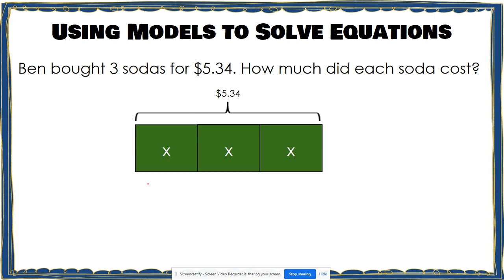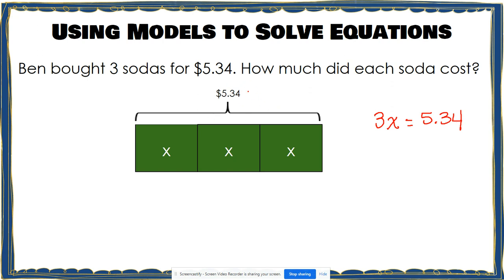I have 3 unknown values. Together, those 3 unknown values give me $5.34. So what I see in my bar diagram is that I have 3 x's, and together they equal $5.34. Now, to figure out what each x equals, I notice that they are split into 3 equal pieces, which